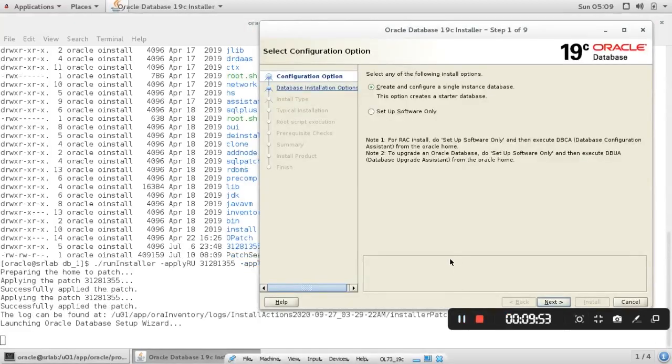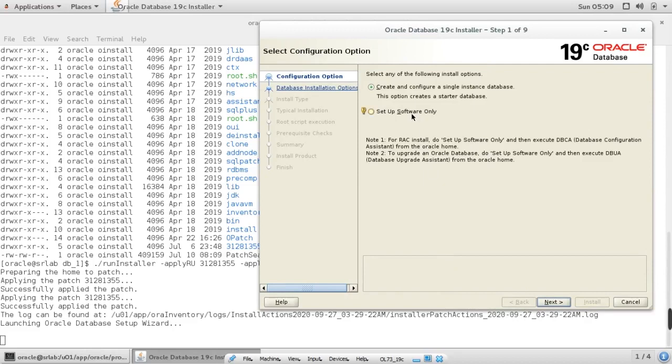Now the patch has been successfully applied and the installer is launched. I am going to set up software only. It's a single command that applies the patches, and then runInstaller proceeds with the software installation.